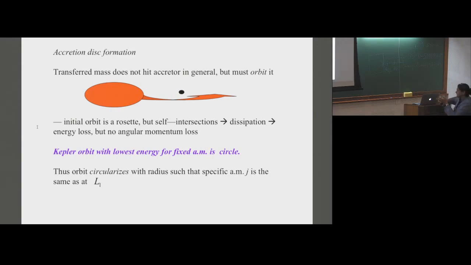And so what you find is that for these disks, basically the gas follows Keplerian orbits, which is the lowest energy orbit for fixed angular momentum. This gas does have angular momentum, and that's a circle, so you have that. And once again, we have this feeding disk, but what we don't know is how the mass actually flows